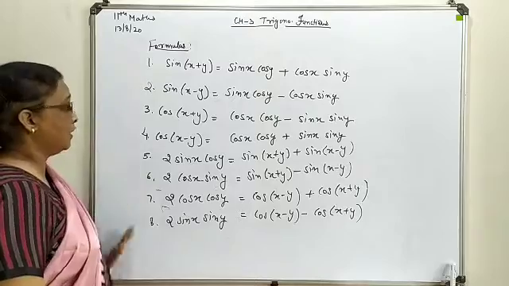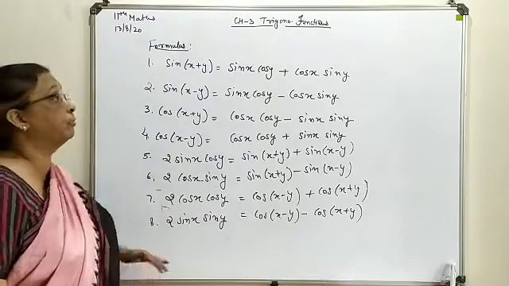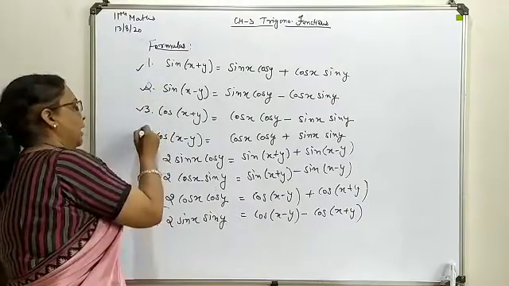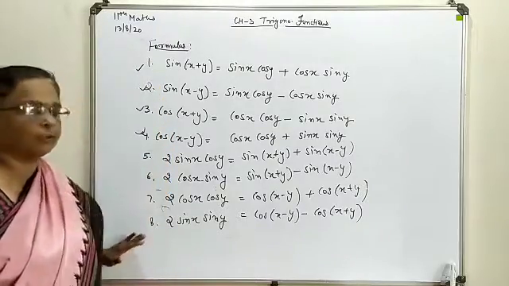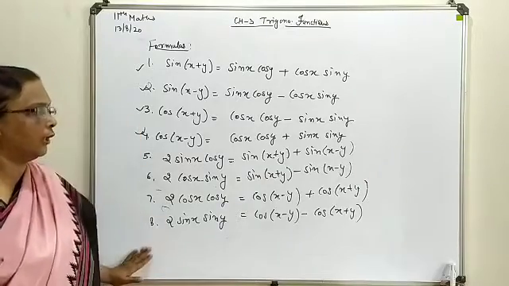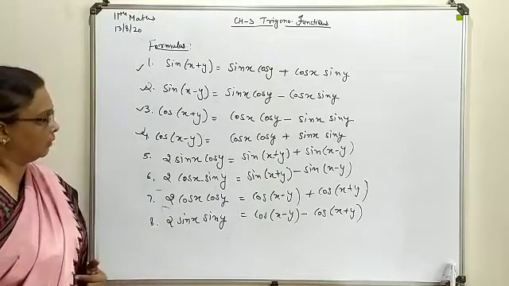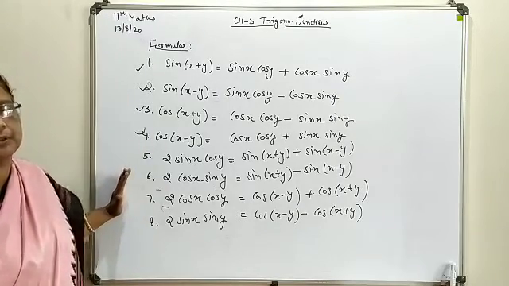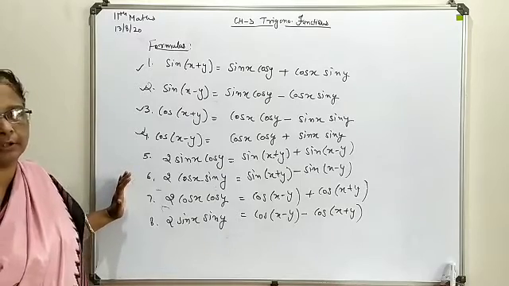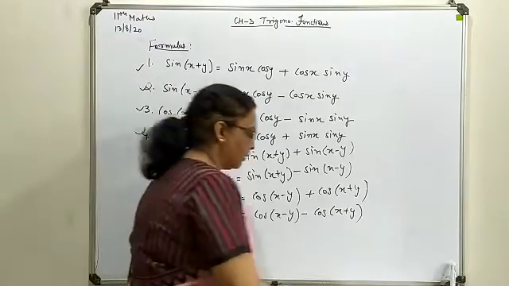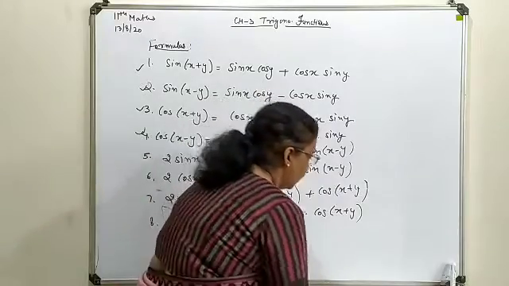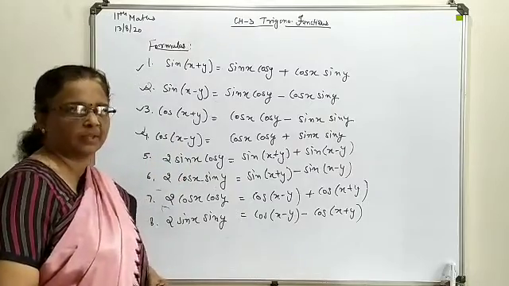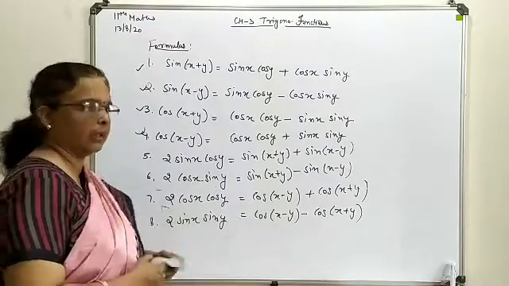So this way these are one type of formula which are linked with each other. These four are the basic formulas. And on the basis of these four, the remaining four we have generated, but all are important from the point of view of use. So keep, because this is a new thing for you, so try to fit all these forms in your mind. Now next we are going to introduce the formula in terms of tan and cot with x plus y and x minus y combination. Those forms are also important.